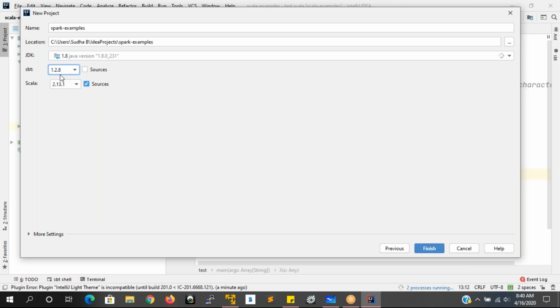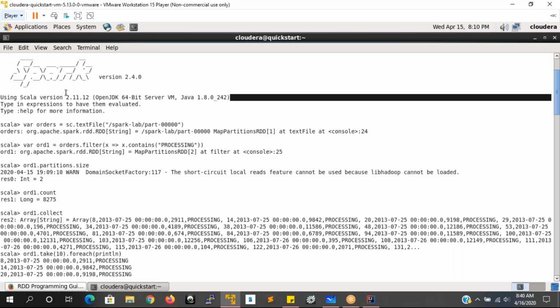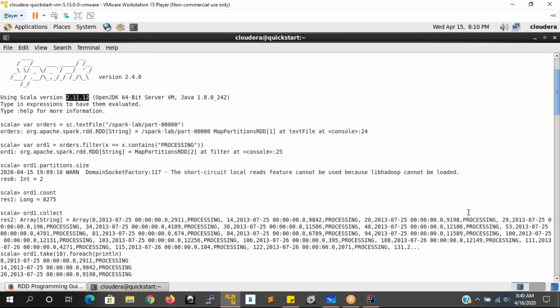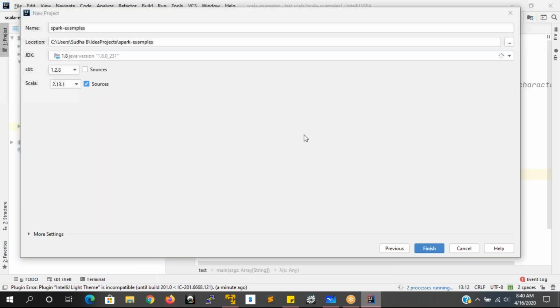We'll go with SBT version 1.2.8. And in the Scala version, what version do we have to select here? The same version that is being used by your Spark, 2.11.12. So we will go for 2.11.12 here. Just drop down here, you will see 2.11.12, and click on Finish.